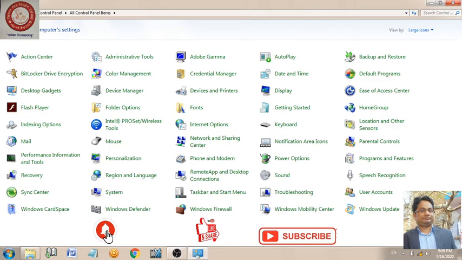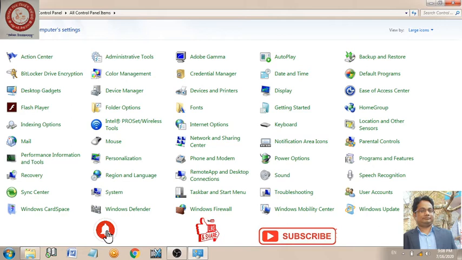These are the text already written here, and they have some kind of font type also. If I want to change the font of this kind of text, or the text written on the icons, on the desktop, on the folder names, whatever, you can do that very easily.